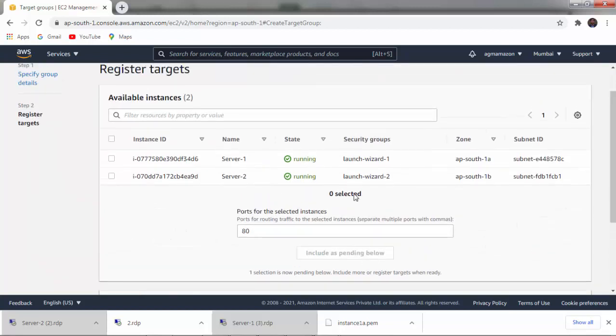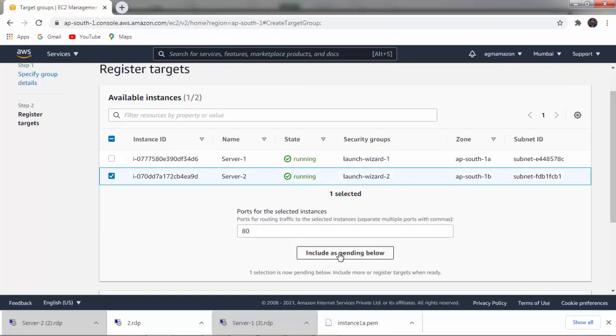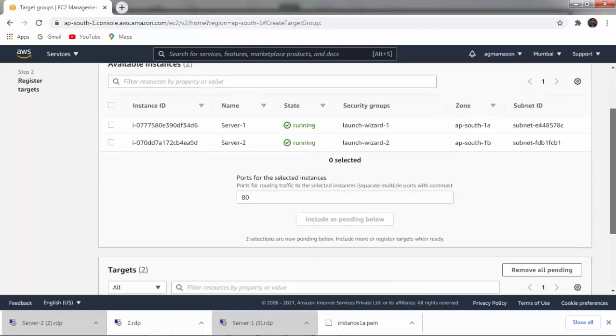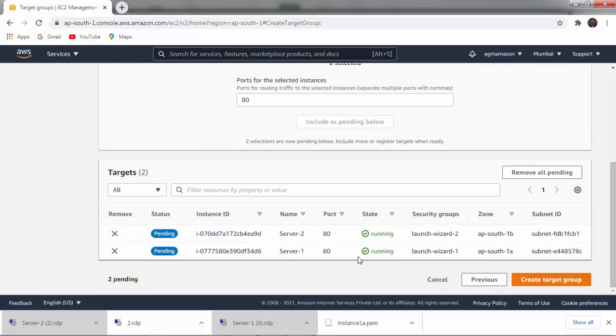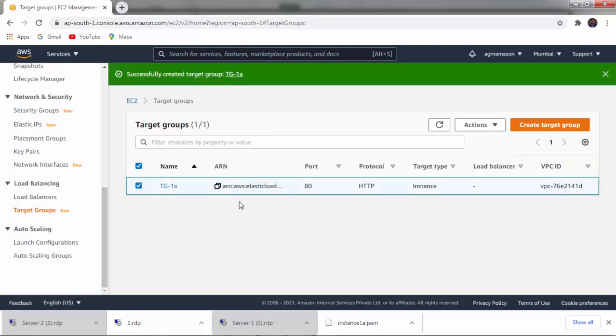You have to select another instance, that is our server 2, and click on include as pending below. Then you can see here both the servers have been registered. Then you have to click on create target group. So we have created one target group named TG1A, and in that we have added two different instances, that is server 1 and server 2.